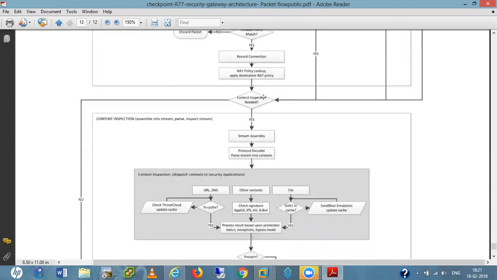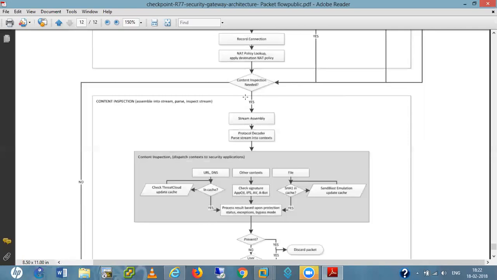Now content inspection needed. Here basically it does application control, URL filtering, IPS, and all these steps. If content inspection is needed, then if yes, stream assembly, meaning it is assembling these packets, assembling the data. Then the protocol decoder parses the stream into contents.